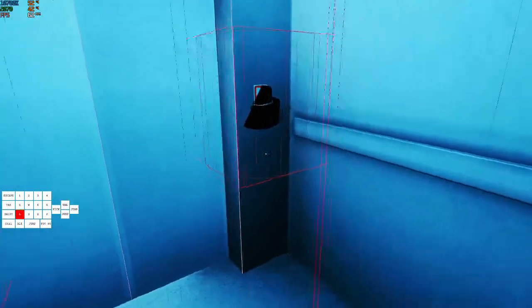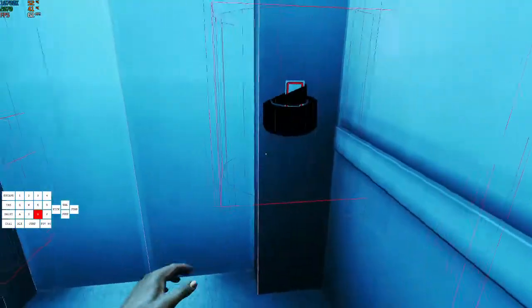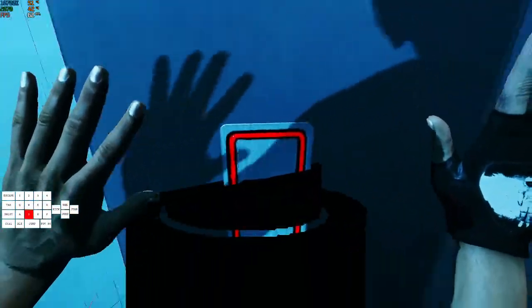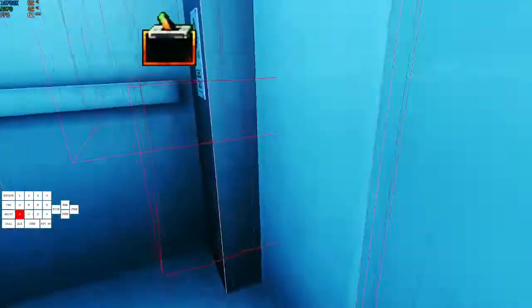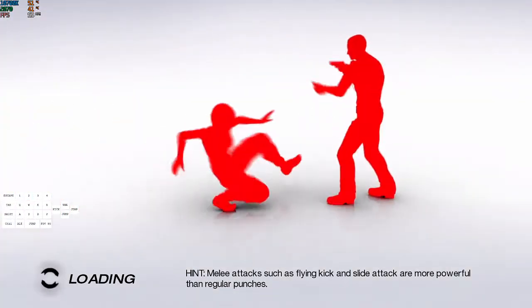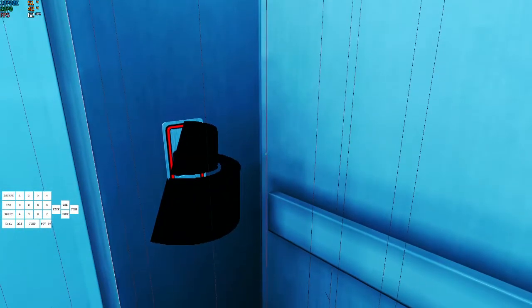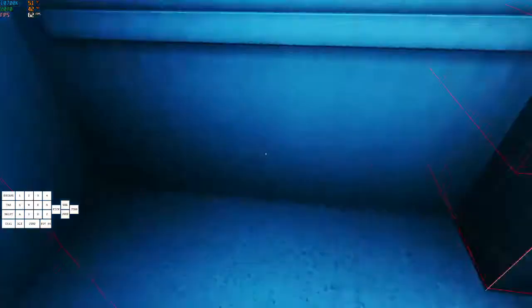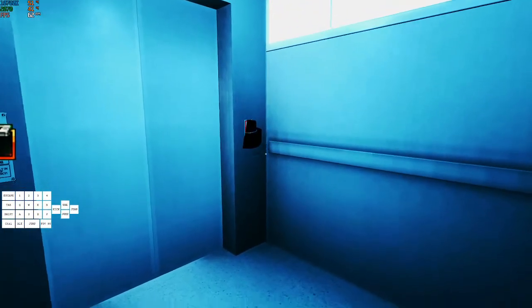If you use the button at this angle, you won't clip it. You need to be facing it. And if you turn too much, then it's also not going to activate because you're not inside the vector. If that makes sense. Anyway, so you want to be running up to it,